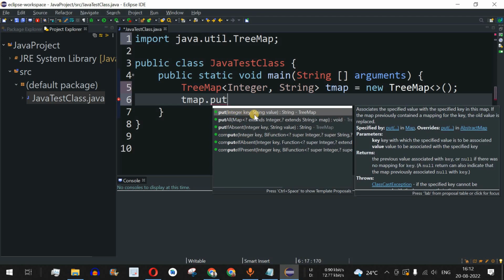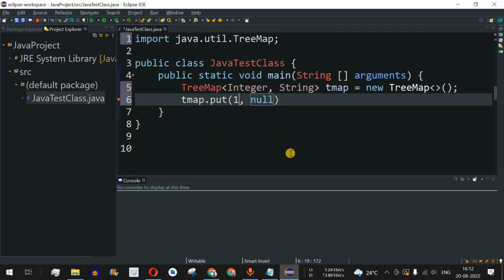With this put method it is going to take two parameters. The first thing is the integer key, because we have provided the key data type as integer, and then we have the string value, because we have provided the data type of the value as a string data type. So guys, we are going to use this first method, and let's say I want to provide the integer 1 followed by the string representation of 1, that is ONE.